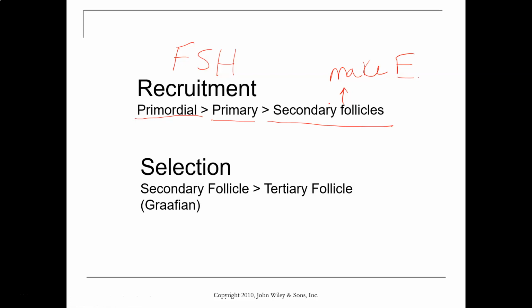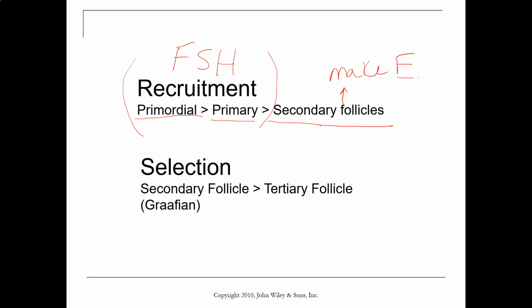So if you were looking in the bloodstream of the female or monitoring estrogen levels, you would see estrogen levels start to rise during this part of the ovarian cycle. But before that, in the very early days of it, there would be no estrogen made. Okay, so that's recruitment. So first you're going to recruit some primordial follicles to become secondary follicles. And then